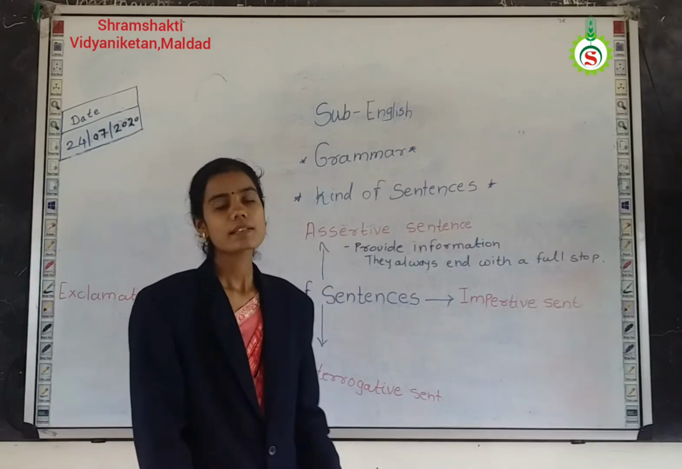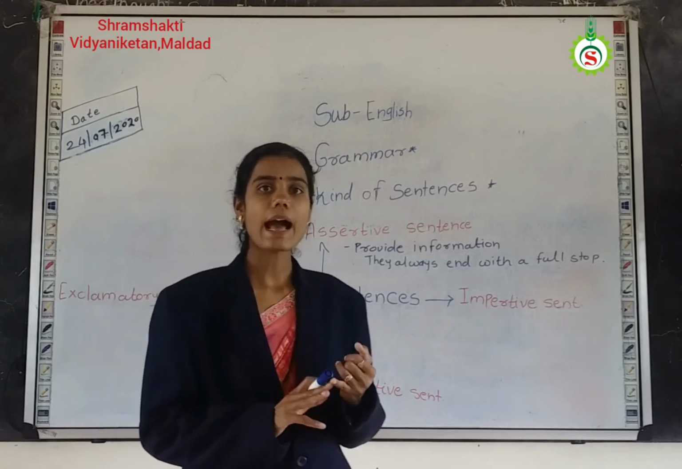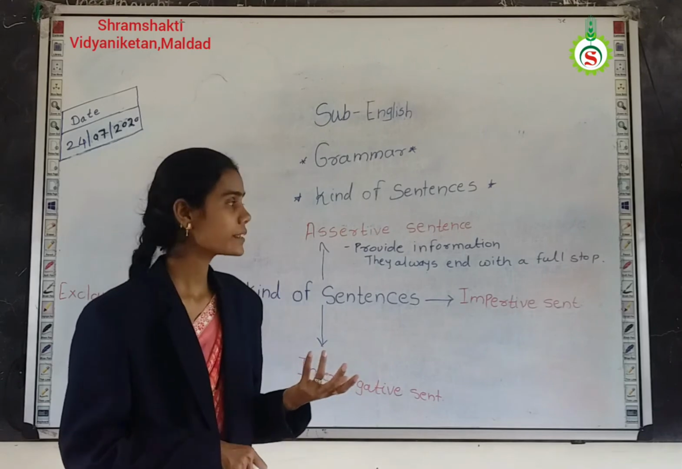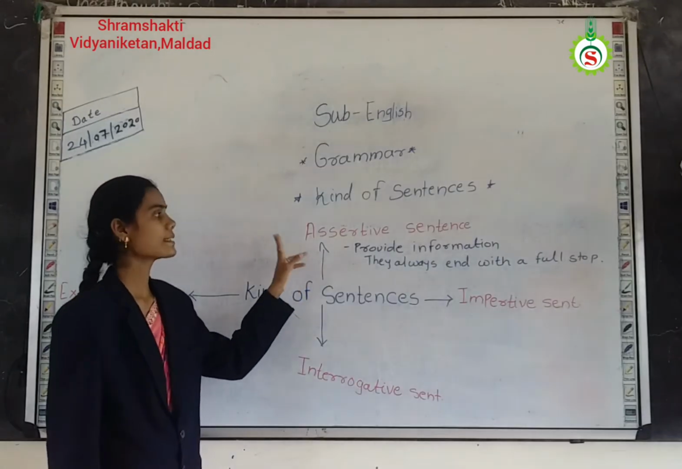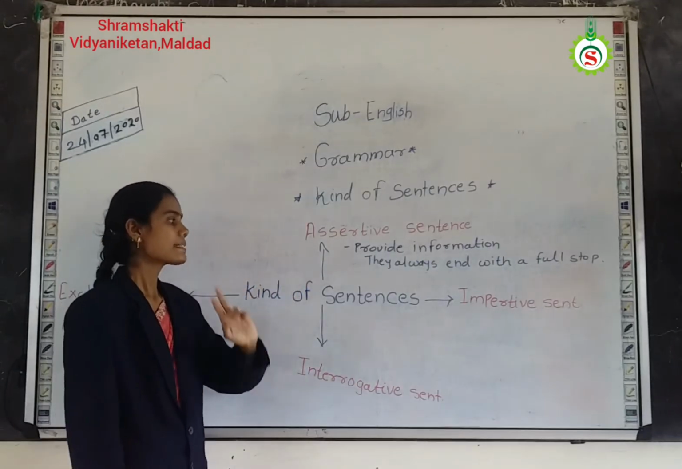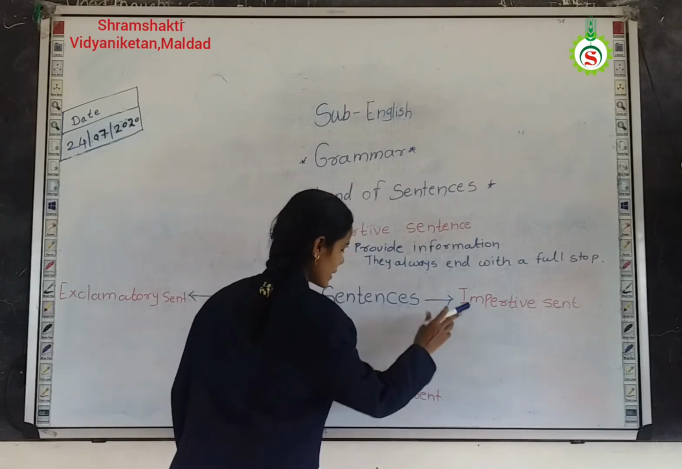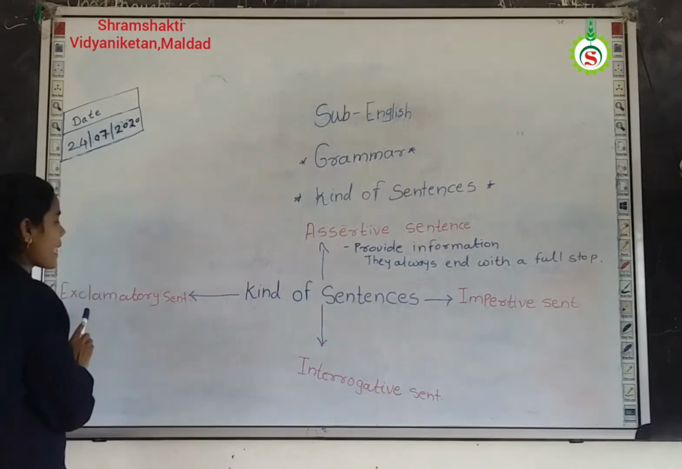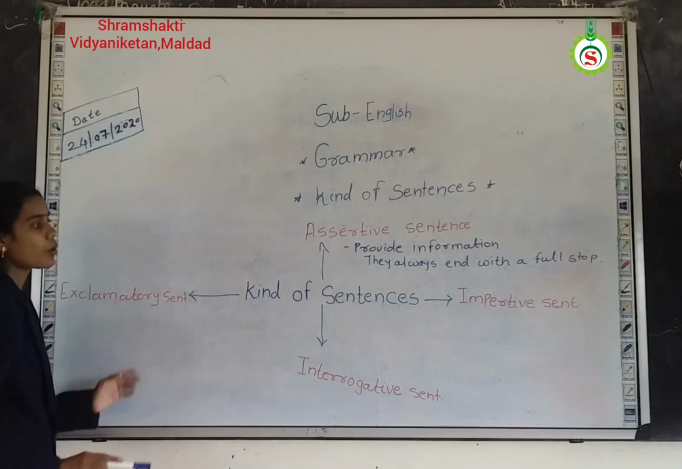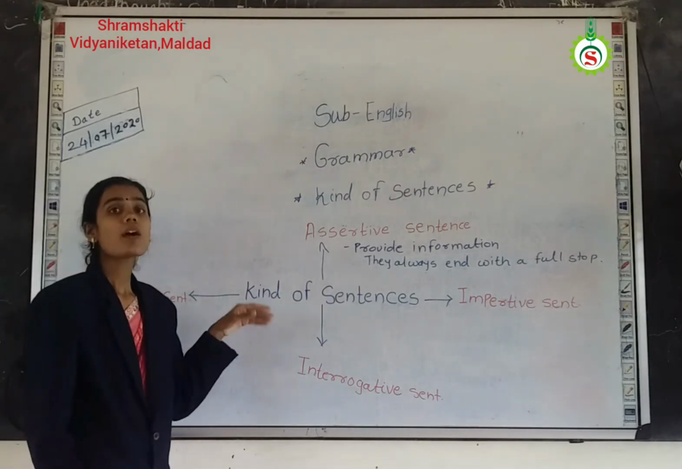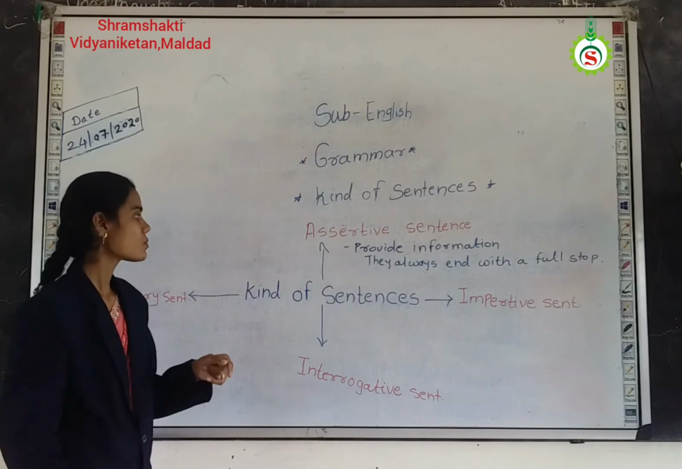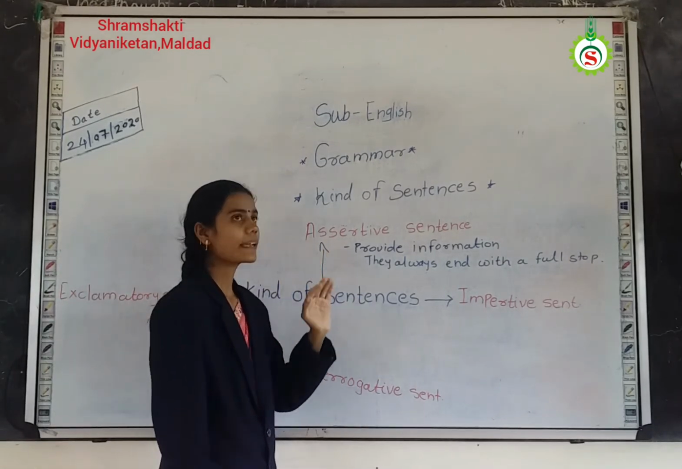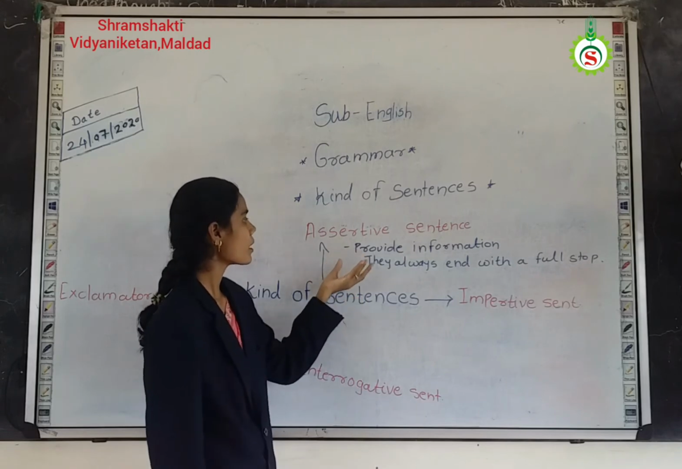So students, see the whiteboard. There are four kinds of sentences. First is the assertive sentence, second is the imperative sentence, then the interrogative sentence, and then the exclamatory sentence. So there are four main types of sentences. First we see the assertive sentence. In an assertive sentence, a sentence